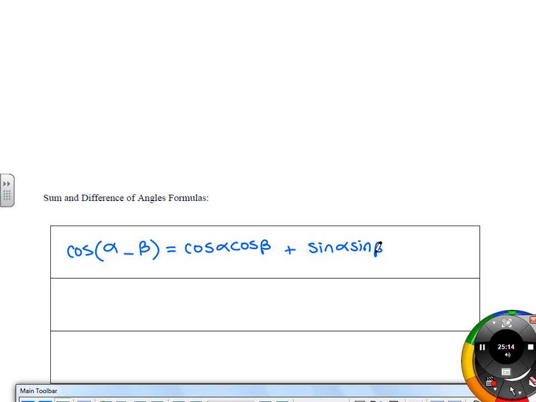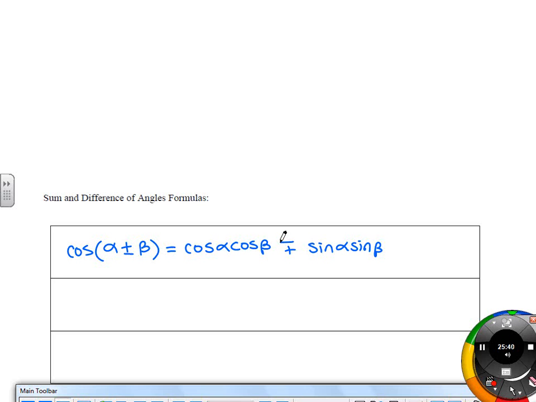So for me personally, now I know you're going to have a little formula list, but if I was trying to at least remember this, notice that the signs are opposite, but these are so nice. It's like all the cosines are together, all the sines are together. So that kind of helps me in general. So when you have to learn this like next year, guess what? If it's a sum of an angle instead of a difference of an angle, the only thing that changes is,